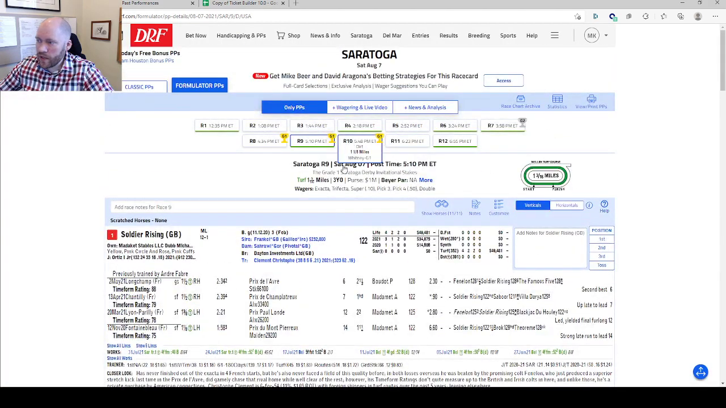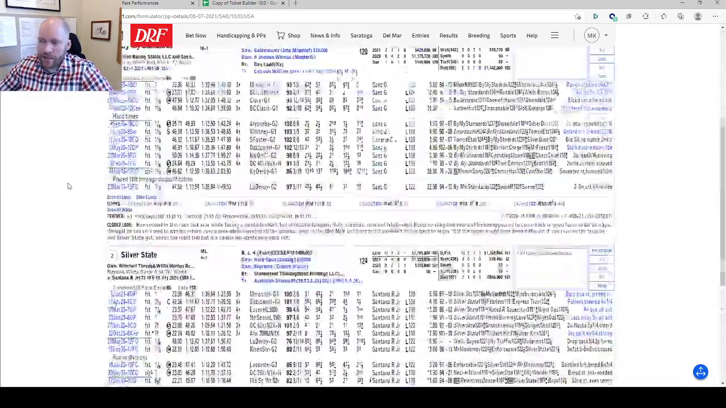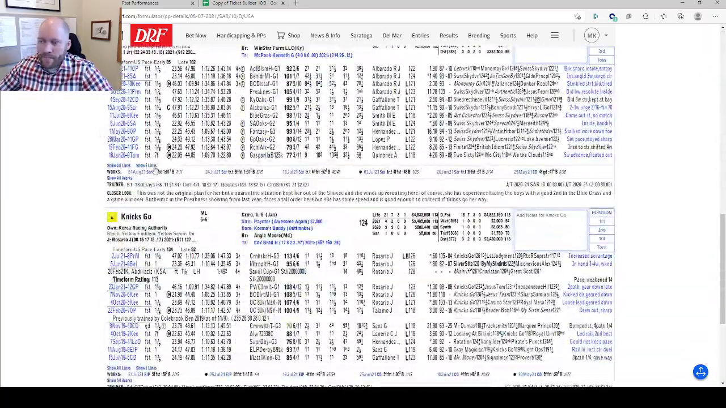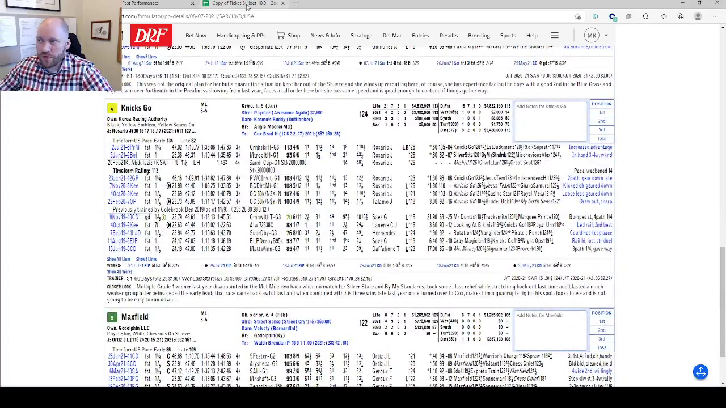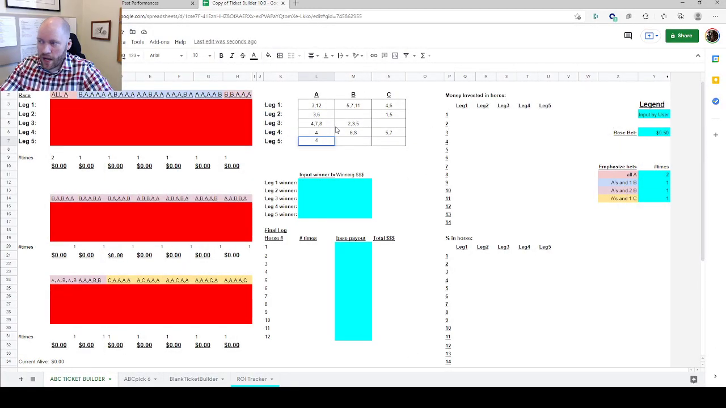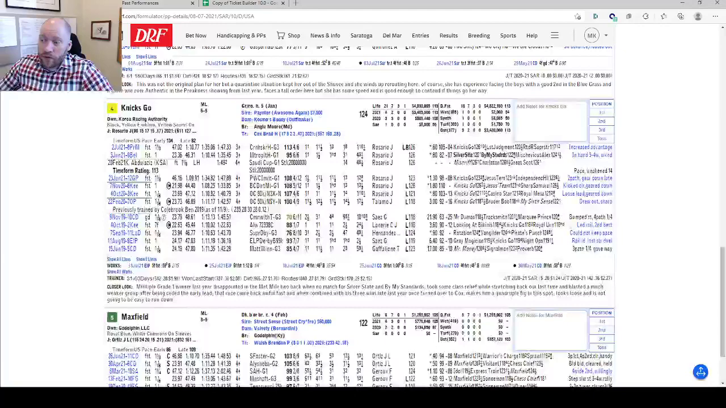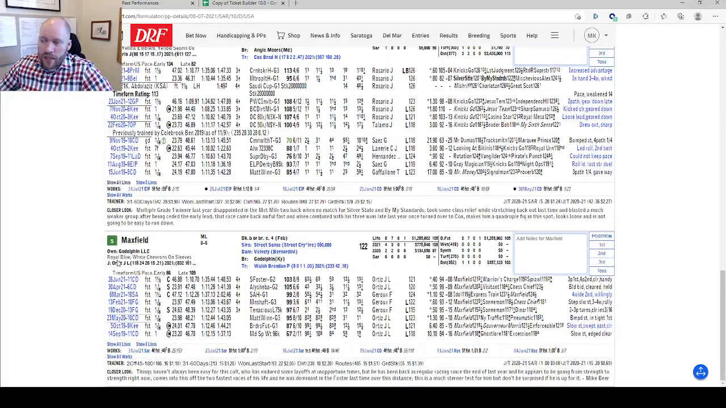So, race 10, the Whitney. I think Nick's Go really towers over this field. Nick's Go is going to be my lone A. I'm a little bit confused about what I do with somebody like a Maxfield. I think he's your most